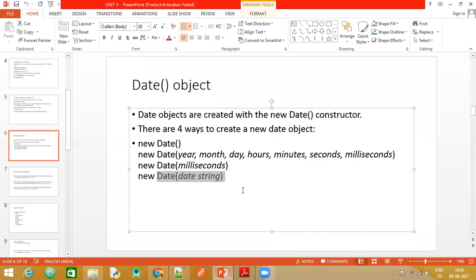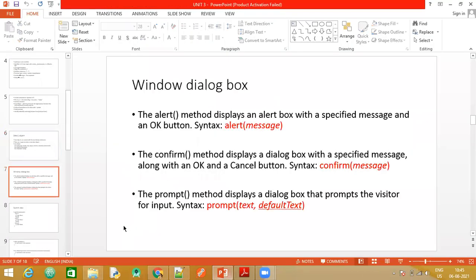The next topic that we have is the dialog box. Now we have made use of document.write. document.write helped us to display the output on the browser screen in a simple way.